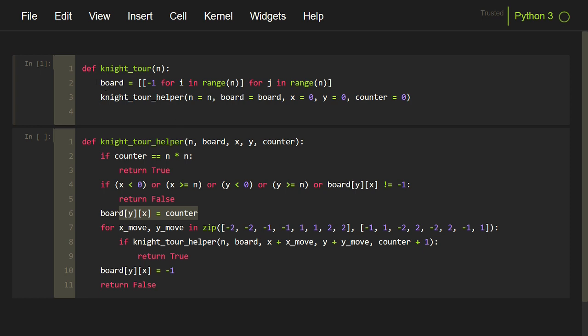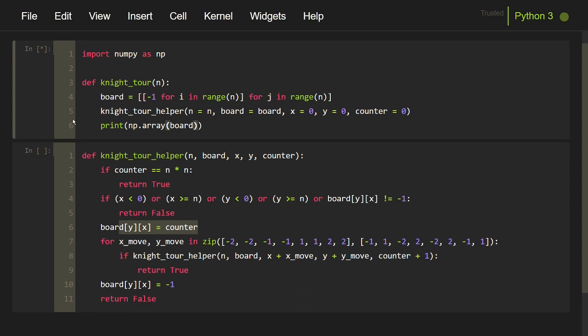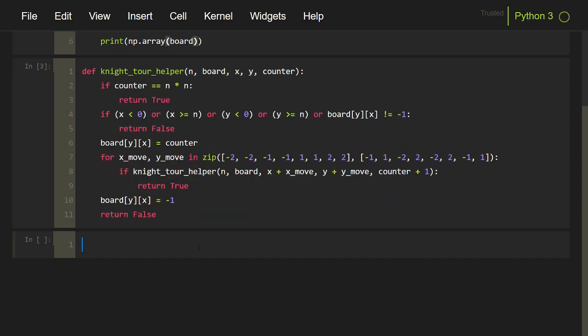So what I will do is import the NumPy library so that we can print the board in a readable format, like this. I will execute this code again, and I can execute this code as well. Now let's call this function.